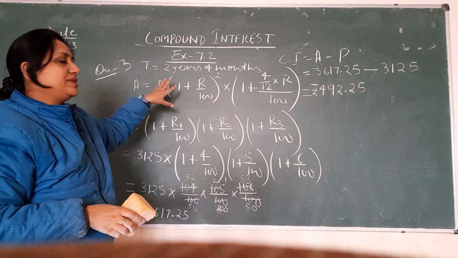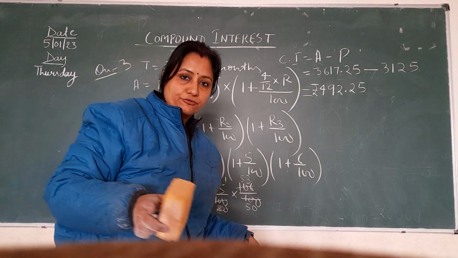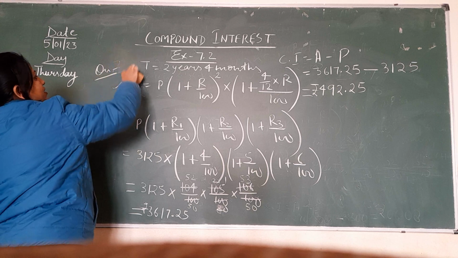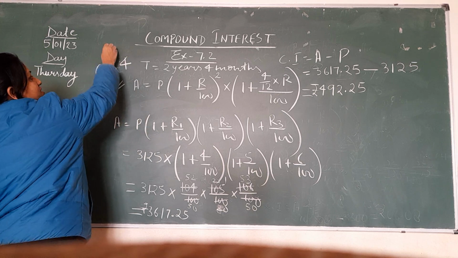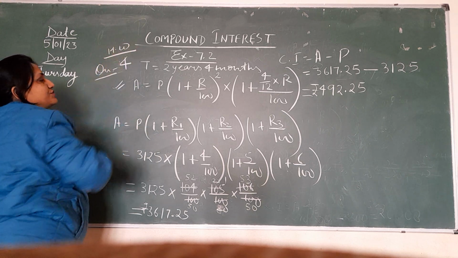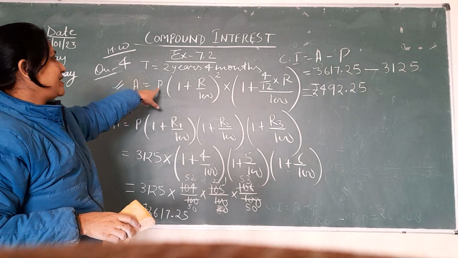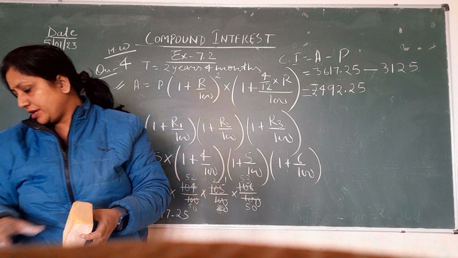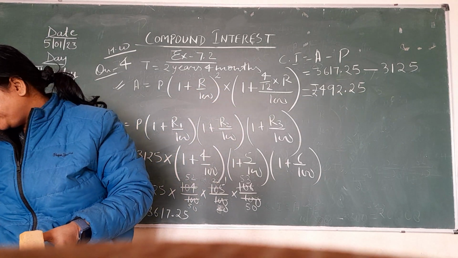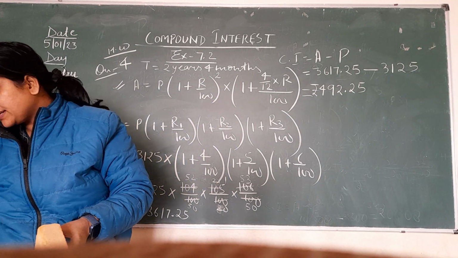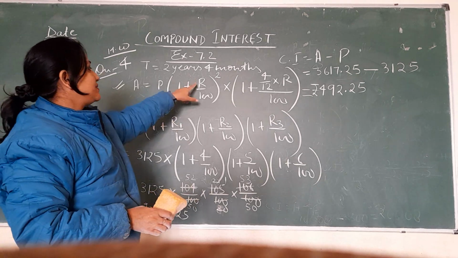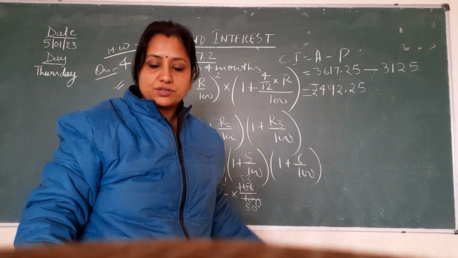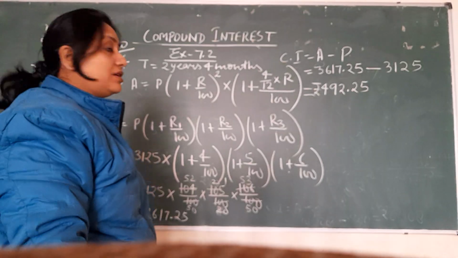You will put in the values on your own in question number 4, and use this formula. You will write it and try this question. This is a homework question. In place of R, you will write 15% according to the question. Okay, so 15%, and the principal, whatever is given, you will write it and solve it. Okay, so this is your homework, question number 4.